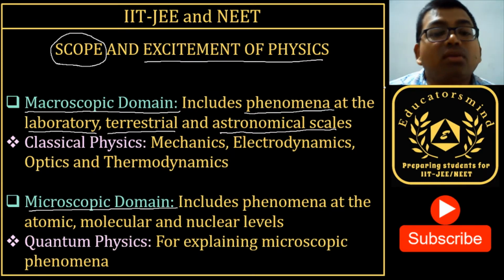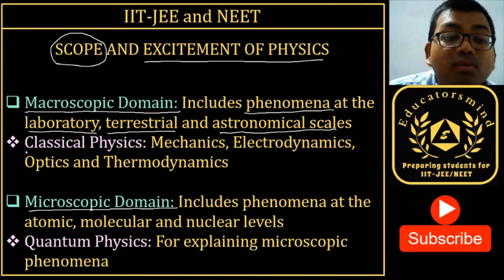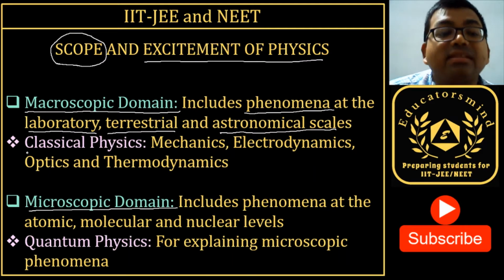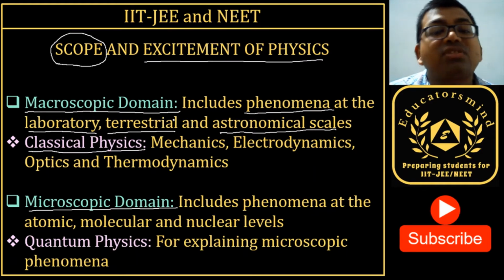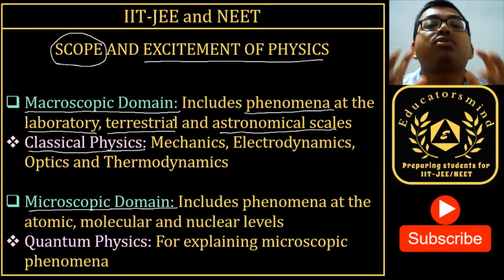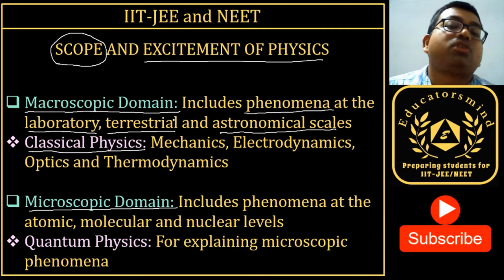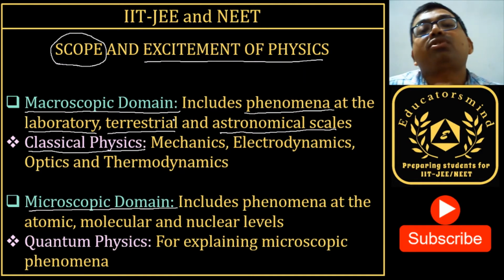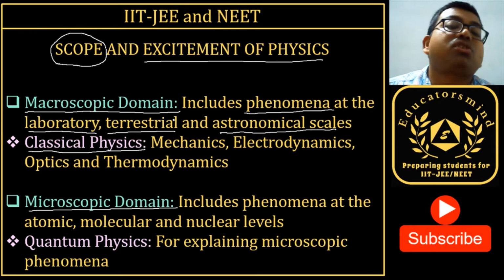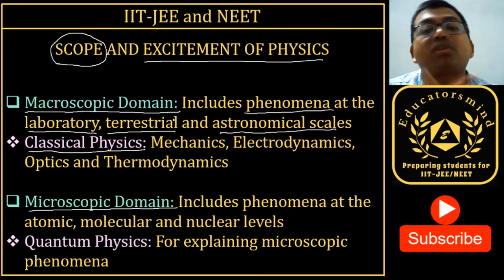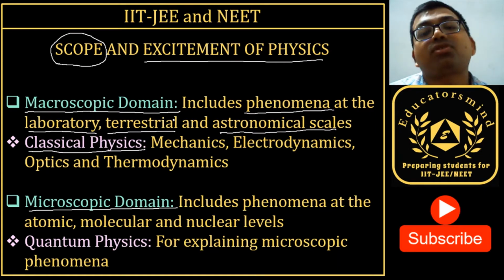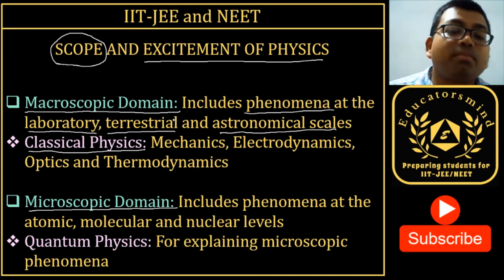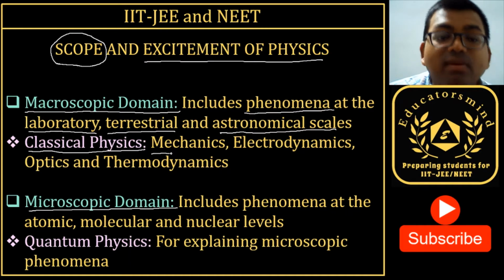Now one very important category in this is called classical physics. Classical physics is also termed Newtonian physics. Everything is based on Newton's laws of gravitation and laws of motion given by Newton, first law, second law, third law, all these things. The basic foundation of mechanics is completely based on Newton's laws. So mechanics also is a part of classical physics.